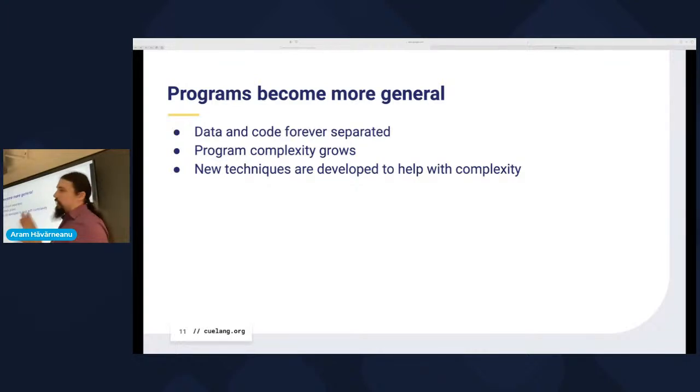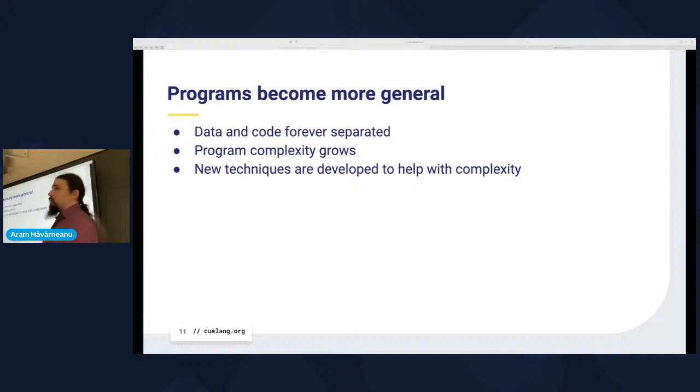And basically by then, I think it's because we had interactive computing. Programming became somewhat simpler, and because of that, we can afford to try to do more. So we have a world where data and code are forever separated, and we're not only solving a particular problem when we're programming. Rather, we're trying to write programs that solve a general class of problems, sort of like problem factories. Rather, the output of the program is like a solution factory.